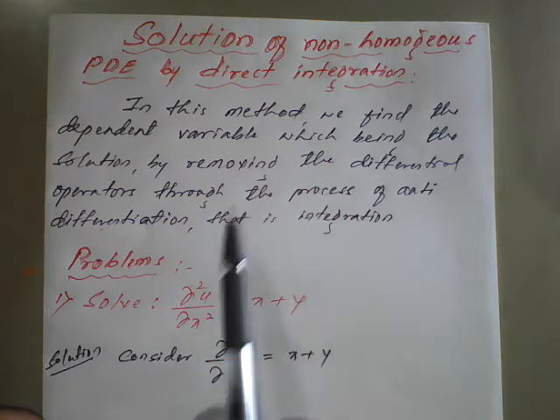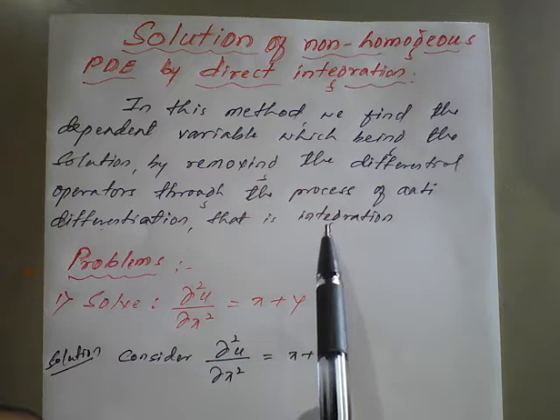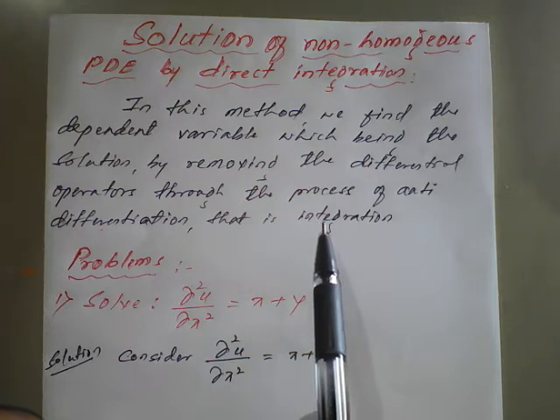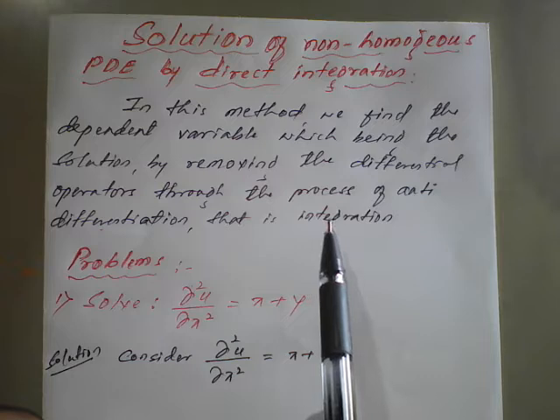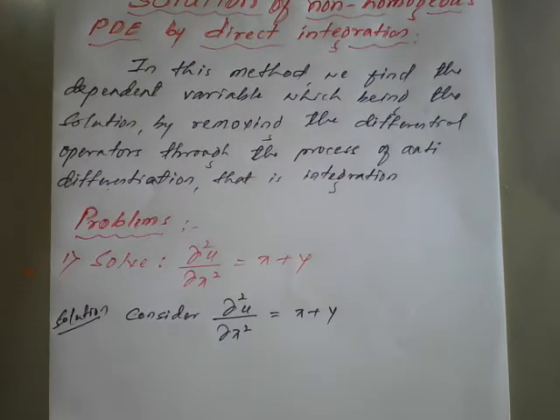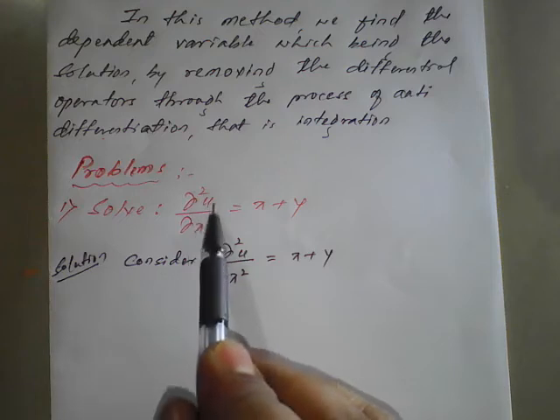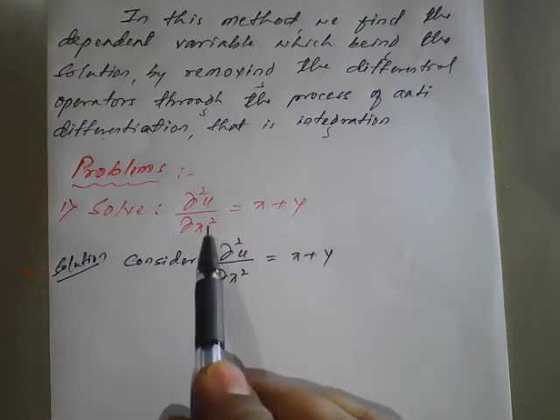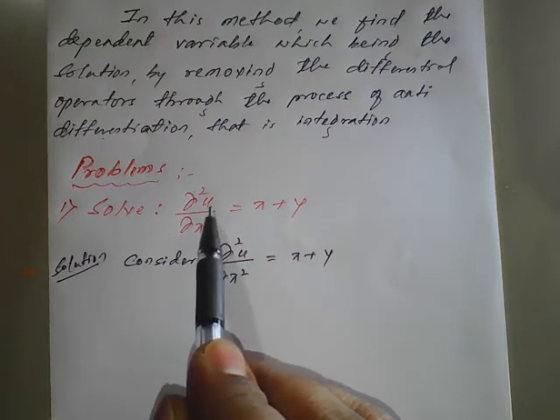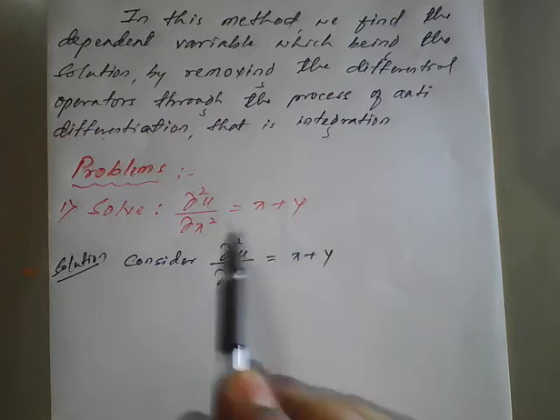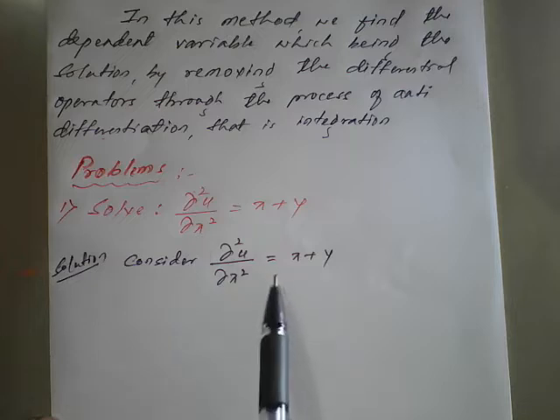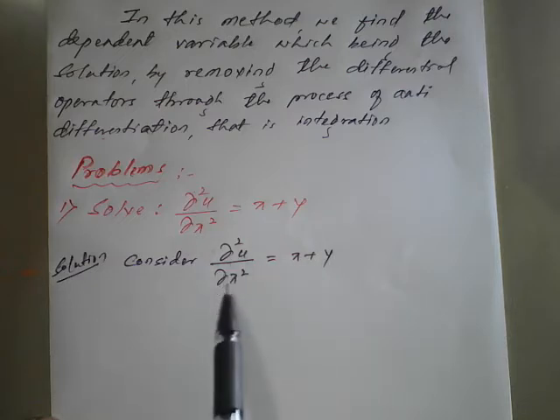Once you integrate, you will get the given partial differentiation in terms of an equation. That equation may be a function of x and y in terms of z or u or any. So for example, solve ∂²u/∂x² = x + y. This is one of the partial differential equations where u is a function and x and y are the two independent variables. So this partial derivative is what here? Second order with respect to x. So how to eliminate this partial derivative?